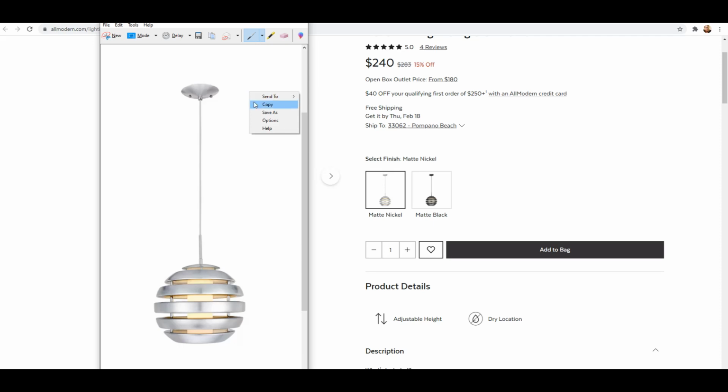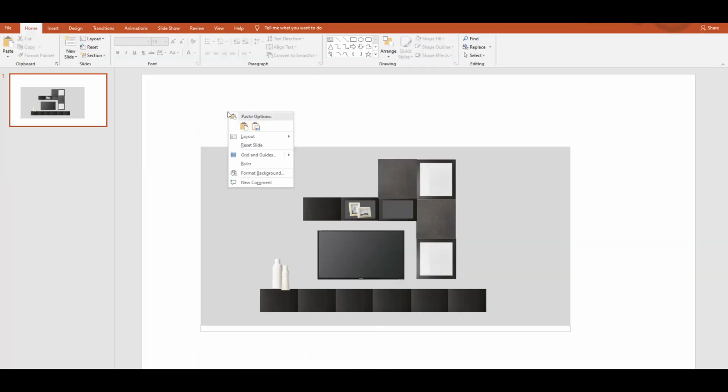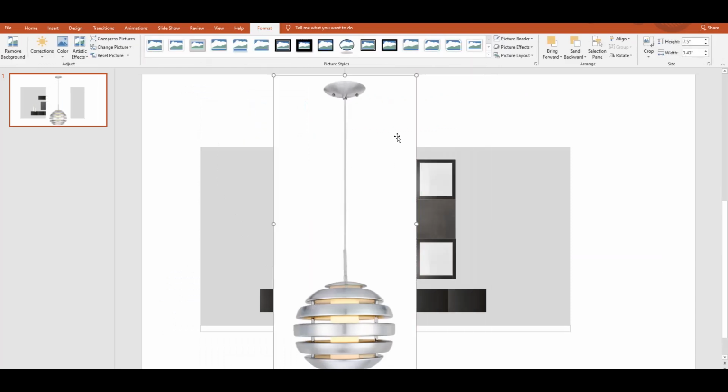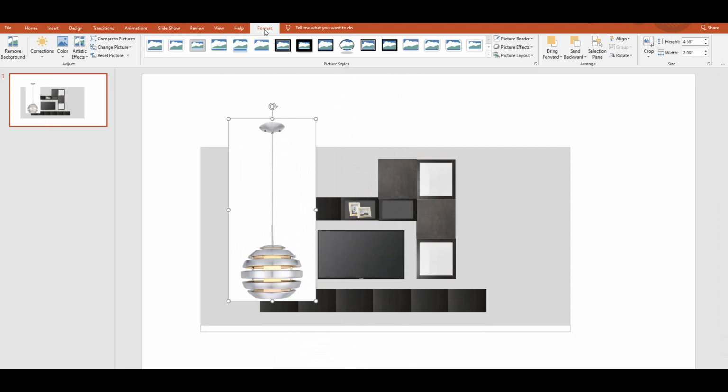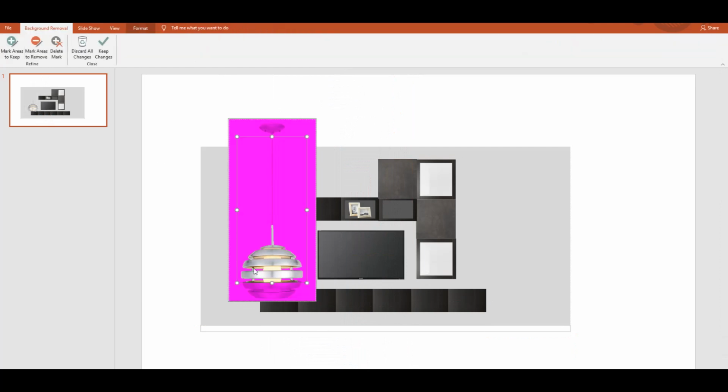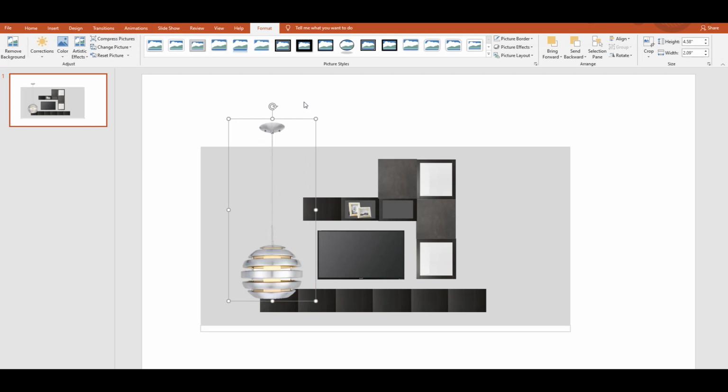So let's right click it, copy it, go back to PowerPoint, right click it, paste it. Okay, now let's go to Format, remove background, pull this down, pull this up, save the changes. Okay, now try your best, if this is really for a client, to scale it to the